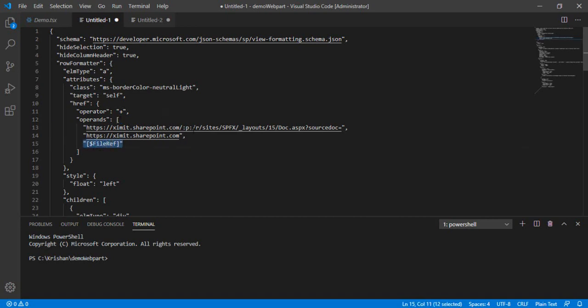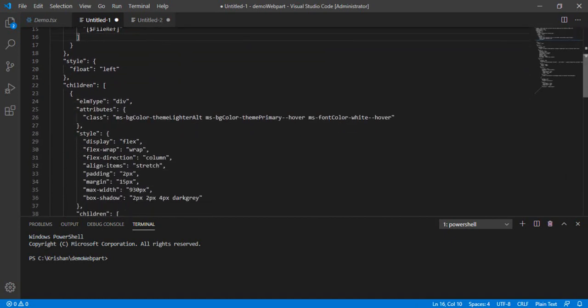And why am I doing that? Because when a person clicks on my view, it should open in the browser itself rather than downloading it. So these sorts of operands you can use. The operator is plus, which means it will keep on concatenating these strings, and that's how you can work with it. You can see under layouts, doc.aspx, so that it can be viewable in the browser.